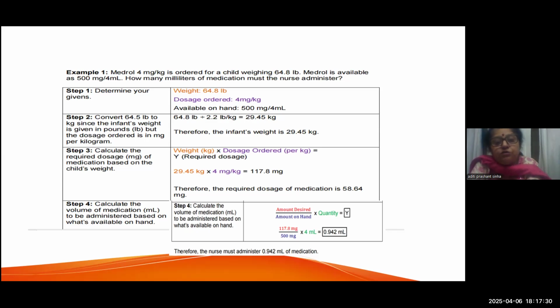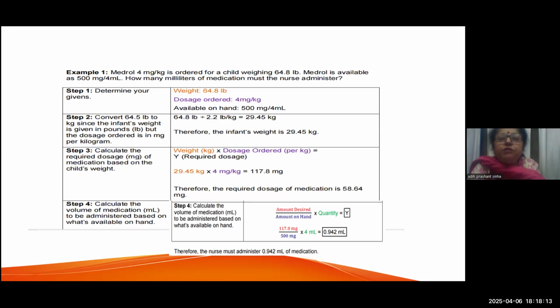Now put this into the formula, that weight into dose ordered. So 29.45 kg into how much dose is ordered? That is 4 mg of Midrol. So 4 mg per kg. So 29.45 into 4 is coming as 117.8 milligram. So the required dose of medication is